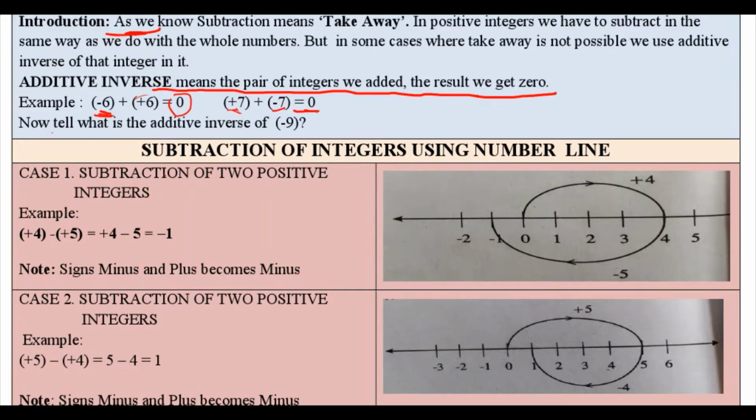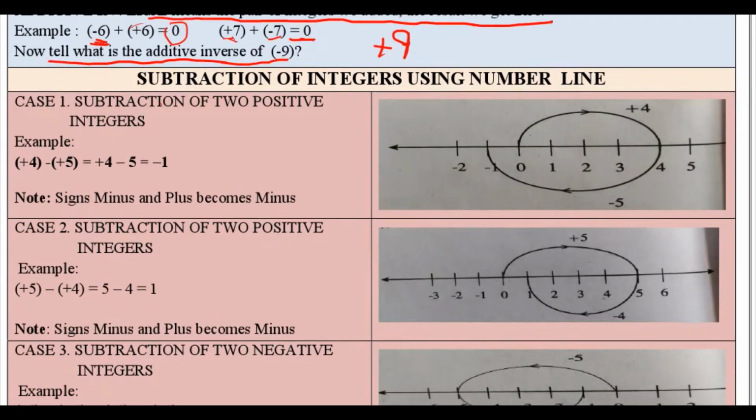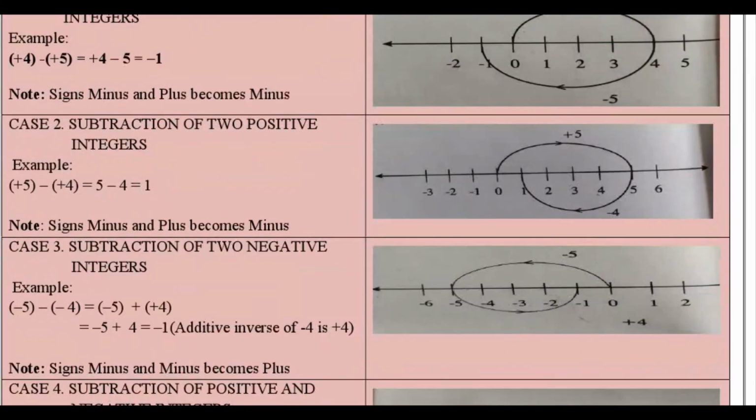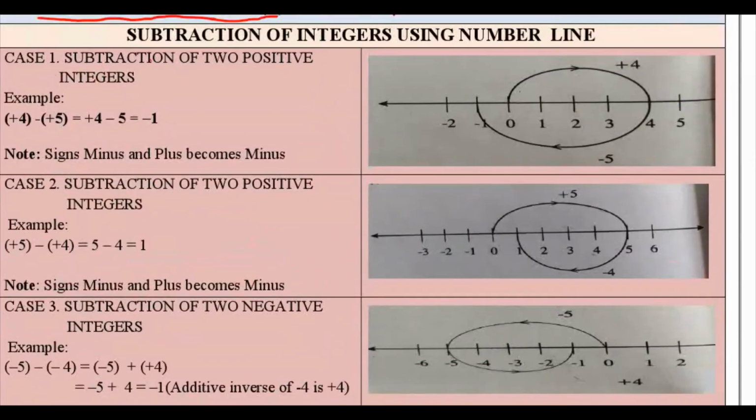Now tell me, what is the additive inverse of minus 9? Minus 9's additive inverse will be plus 9. So we have changed the sign from minus to plus and the number is the same. Okay, then what we have here is subtraction of integers